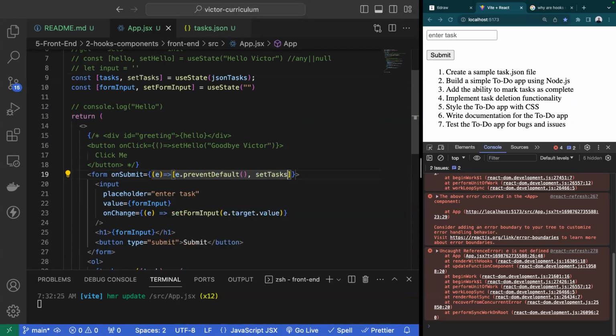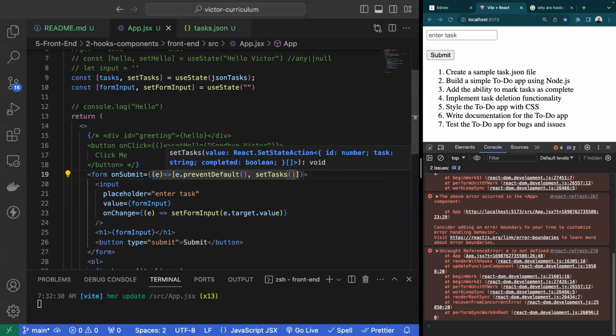Okay. What do you want to set tasks to? Could we set it to like the existing tasks and then the form input? Nice. Yeah. And I think you're looking at the notes and that's where